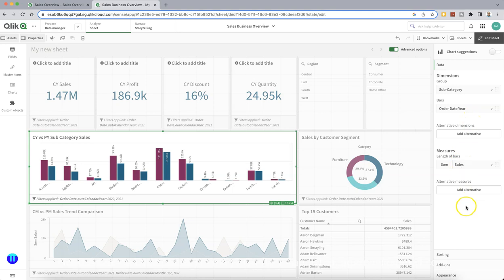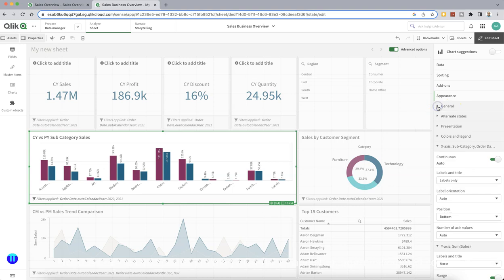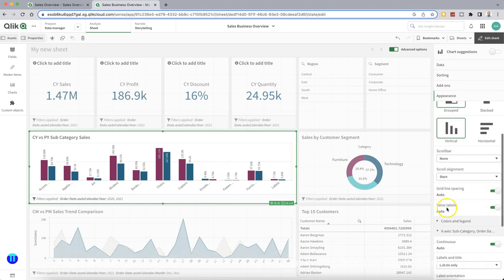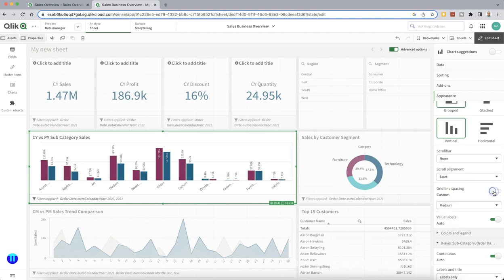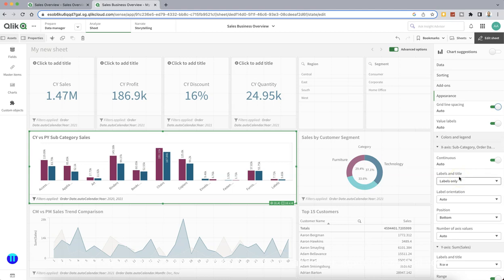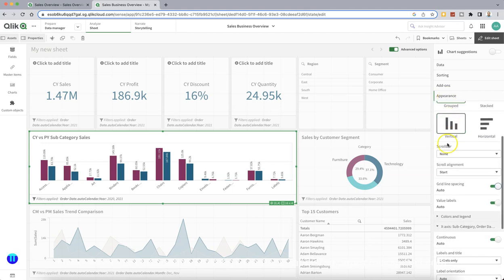In the data, what we have is perfectly fine. I think there's nothing that I want to change, but I'll again come back to the appearance, and over here we have all of this. What I needed was to remove these grid lines, so I'll come over here in presentation again one more time. Grid line spacing, no, nothing like that which is useful. I remember I was trying to think where I did that. Label orientation. Okay, so I checked, it is in appearance, and in appearance you can come to this grid line